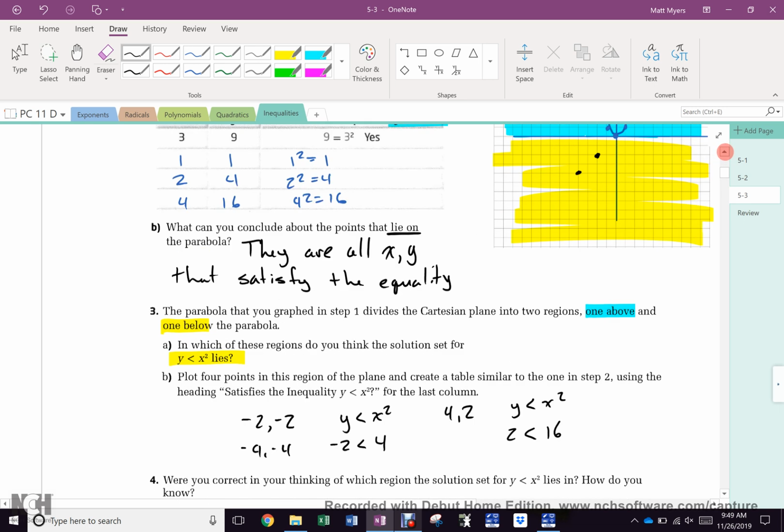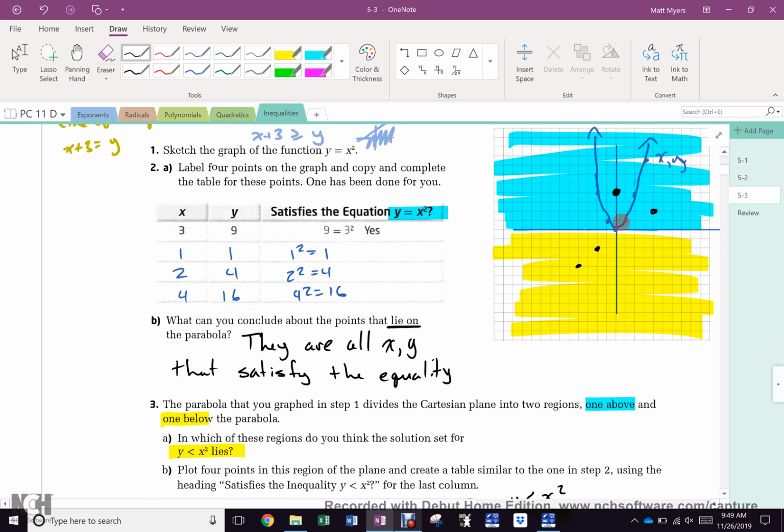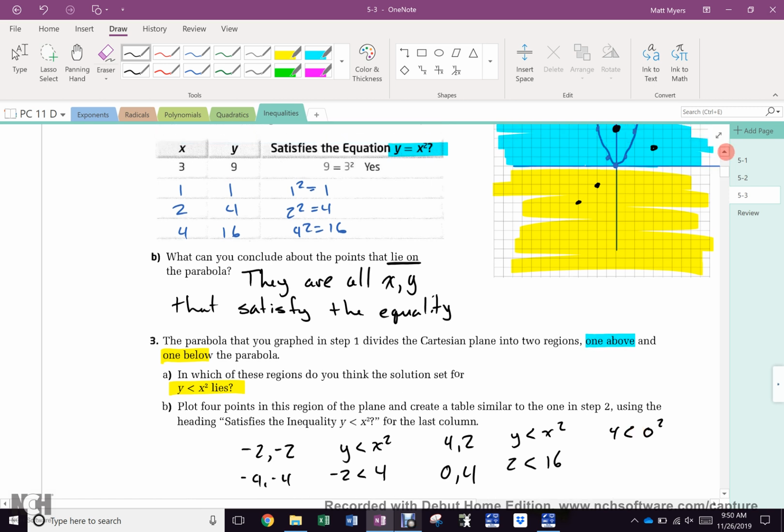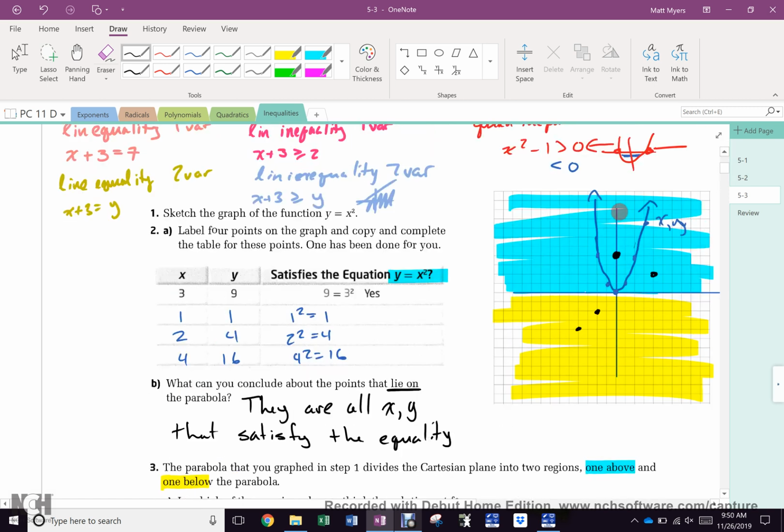So now let's take this point right here. That point is 0, 4, yes? Everyone agree? Okay. So we're going to check 0, 4. 4 is less than 0 squared. Is 4 less than 0 squared? No. So what does that tell us about the points inside here? That doesn't work, does it? So while this seemed like a good guess, we have now proved that that's not going to work for us,